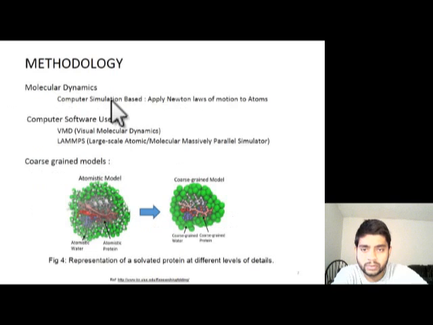In methodology, we use molecular dynamics to apply Newton's laws to atoms, and we use software for visualization. We use visual molecular dynamics to apply the real environment and the motion of atoms. We use LAMMPS, and we use coarse-grained models, which mean